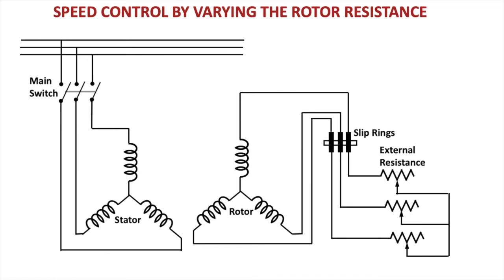But the advantage is we can get the maximum torque even at the start of the induction motor. Initially, when we didn't have the V by F control, only the rotor resistance method was applied to get the maximum torque even at the start. But with the advent of power electronics and more advanced types of control, presently squirrel cage induction motors are being controlled by the V by F control method, and therefore this rotor resistance variation is quite rare in the industry. We use it in the laboratories, but in the industry it is quite rare.